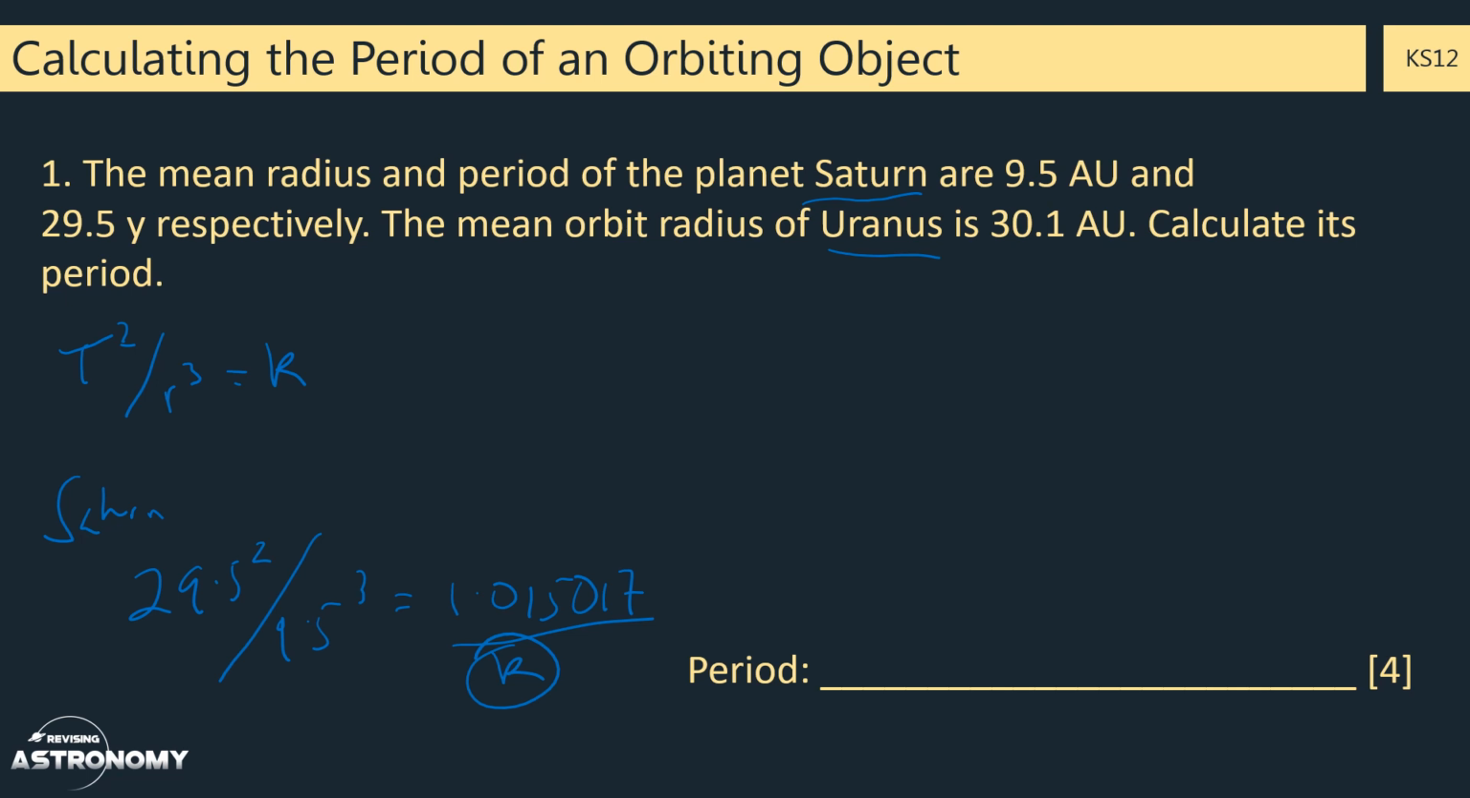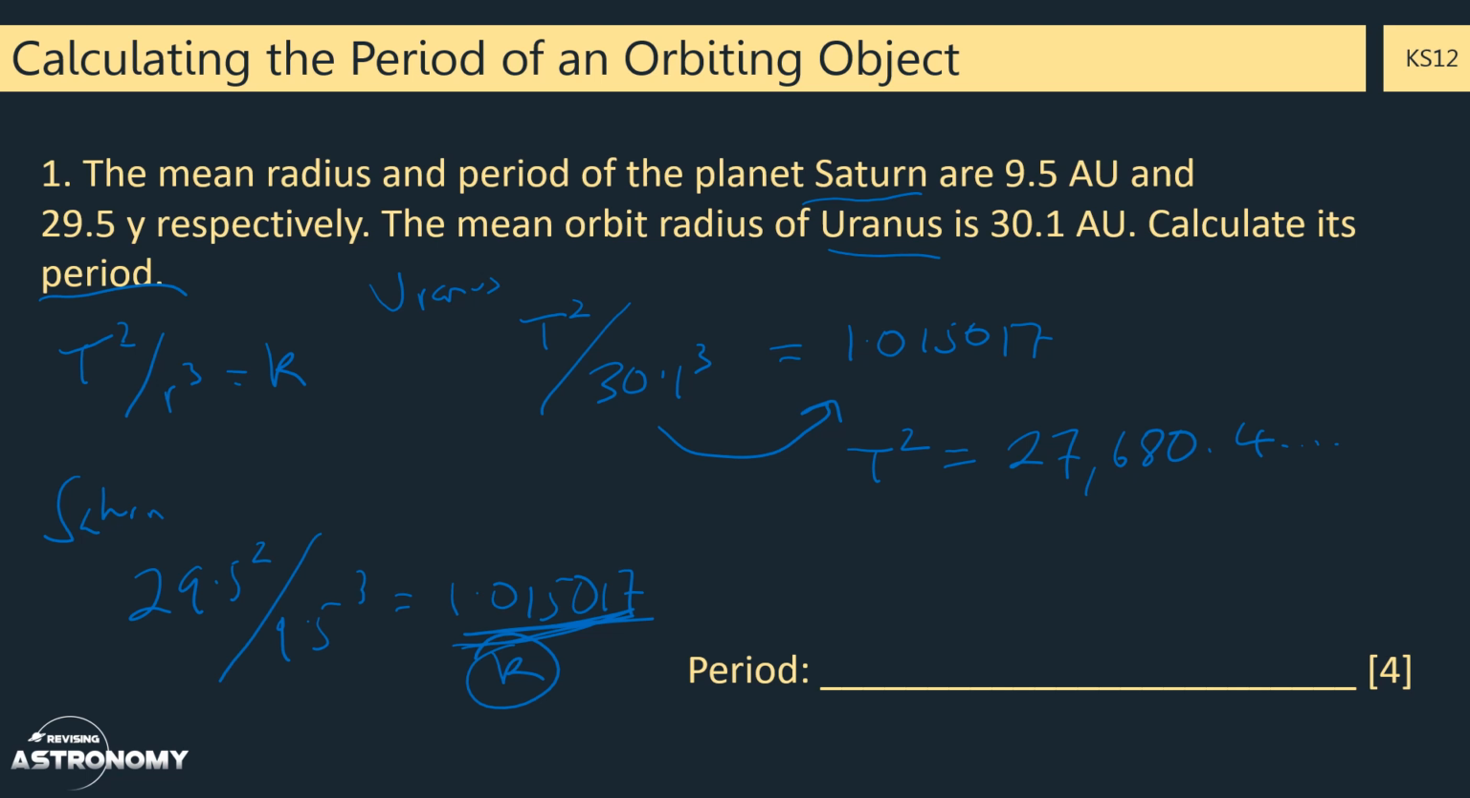So now we can work out for Uranus. We know that T squared over r cubed, this is for Uranus now, where T is the period we're trying to work out, divided by the radius, 30.1 cubed, is going to equal the same constant, 1.015017 that we found out here. So we can rearrange this equation by bringing 30.1 cubed over the side, so multiplying it, which gives us